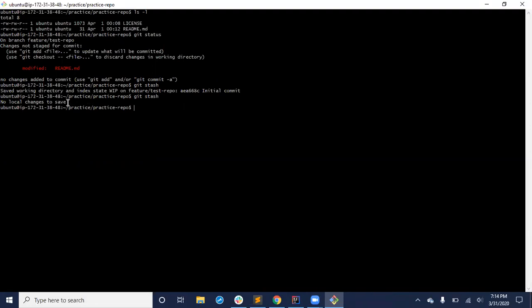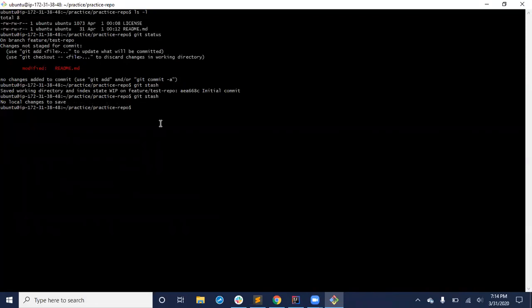So basically, we use git stash when you have changes in your various branches and you want to move from one place to another, and sometimes there is a kind of conflict. When I say conflict, what I mean is you edit the same file in the same place at the same time.